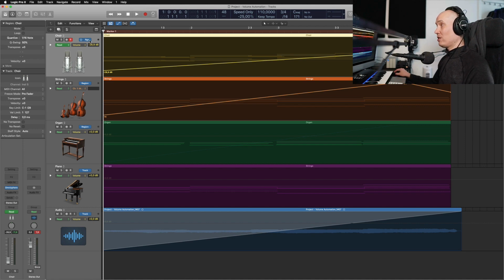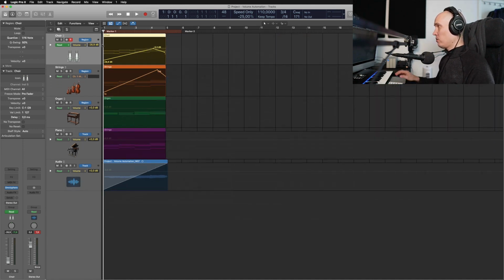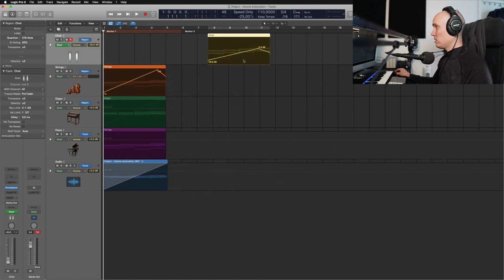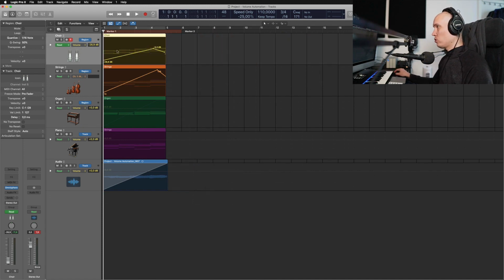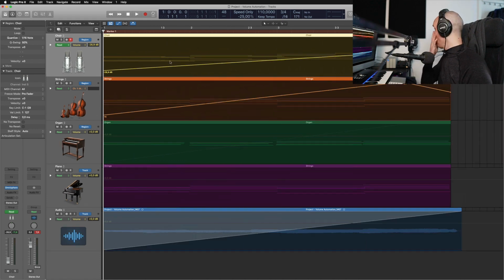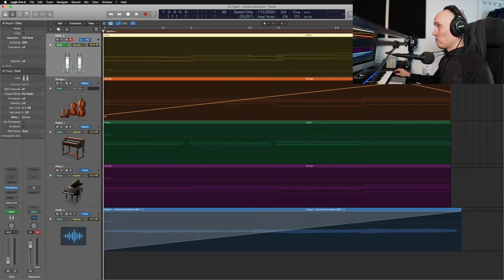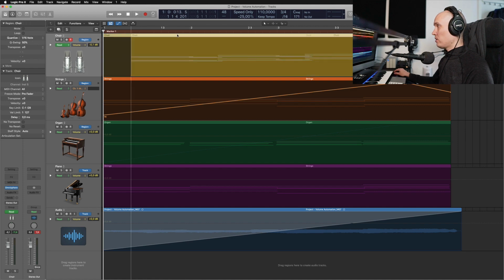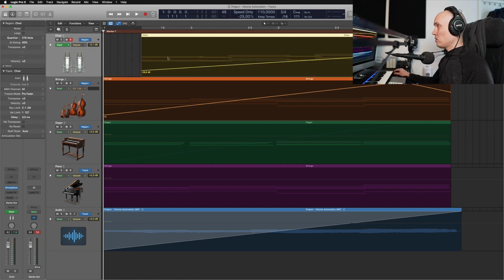I prefer region automation because that means if you move this here, you can see the automation is locked to the region. So you can actually have a different automation for the track. So let's say the track is at 0. This is actually the fader, as you can see down here when I move this one here, the track or region automation. And then if I switch to region, it doesn't matter where the track automation is, it will go here when the region starts,